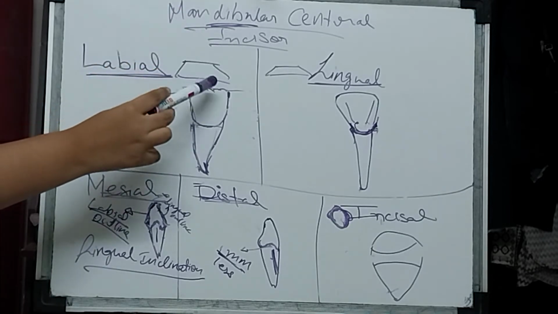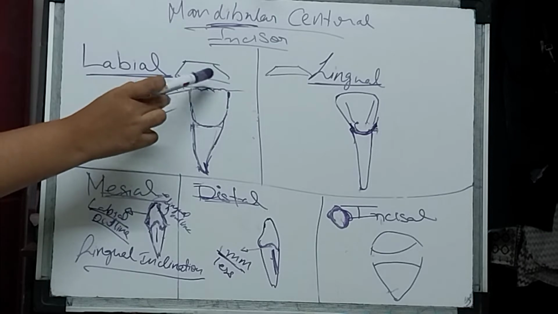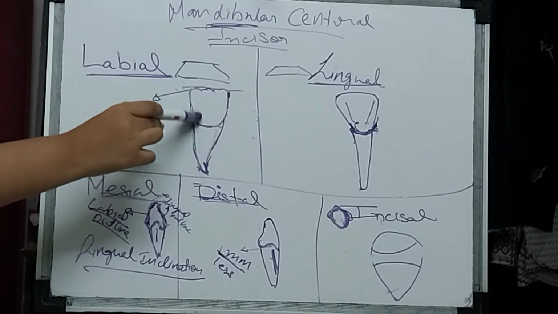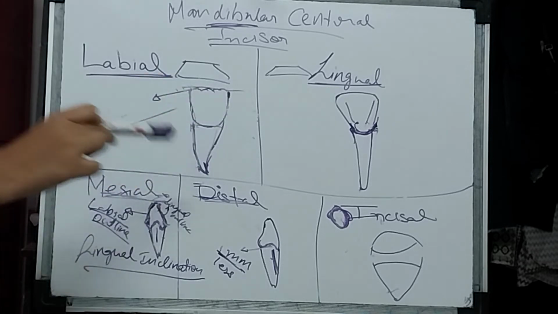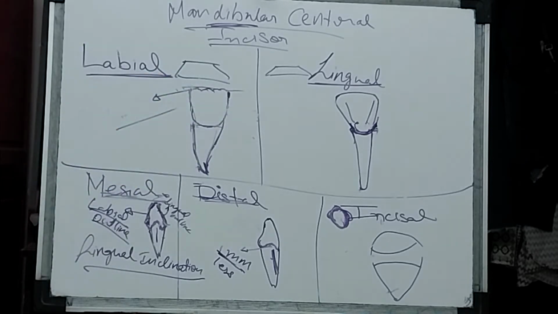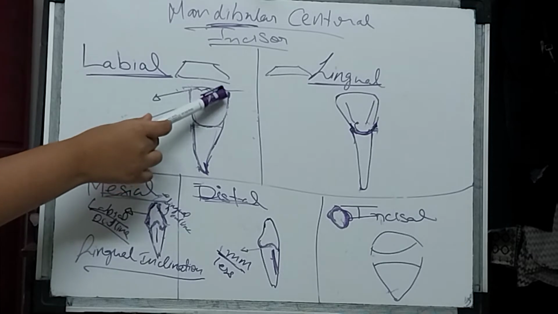So the labial crown is trapezoidal in shape. The mesial and the distal marginal ridges, the outline you can see, both are equal. They both are evenly tapered, and in the newly erupted